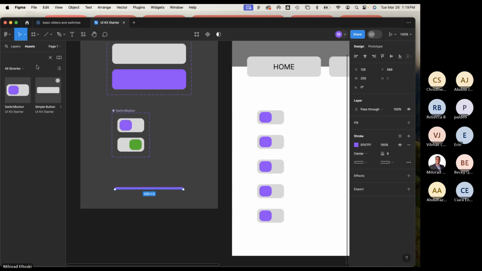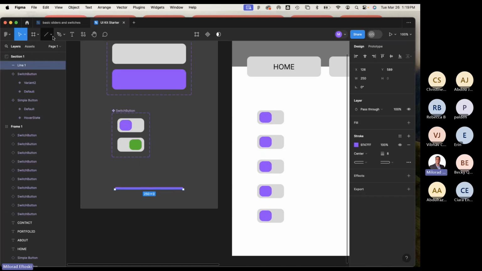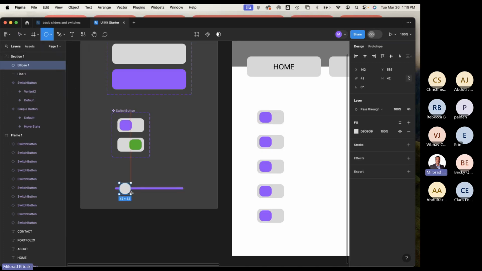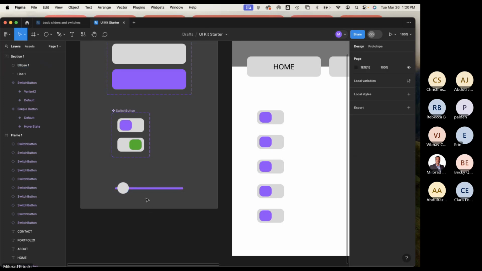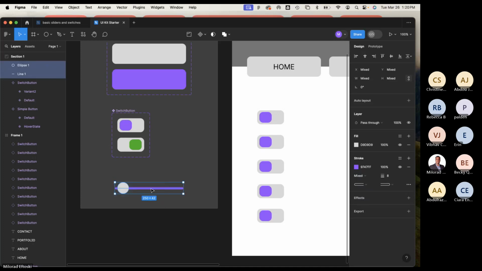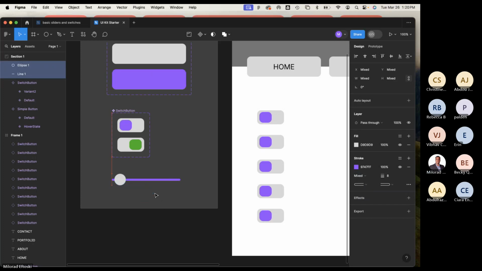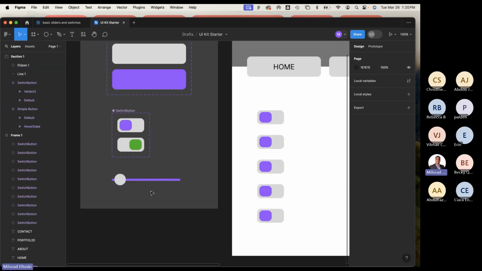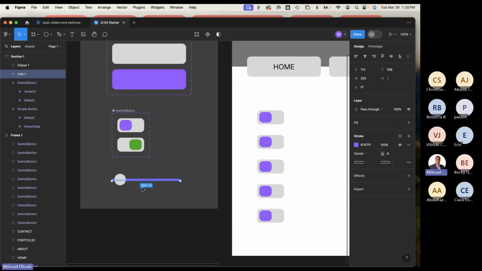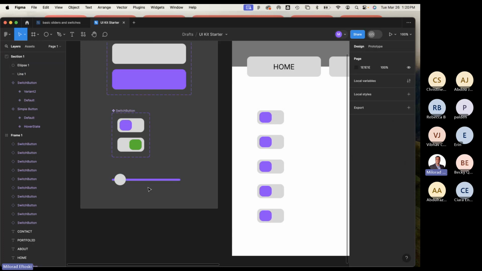So there's the line. I'll use an elliptical tool this time. Just a nice little circle. Look at it from one end. Pull this up a little bit here. Right. So you have two pieces, right? Some people put percentage numbers. That's a little more tricky. You have to mask the number and then